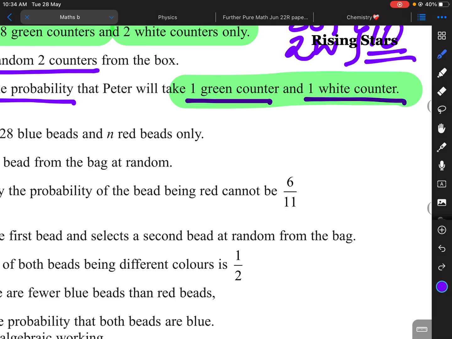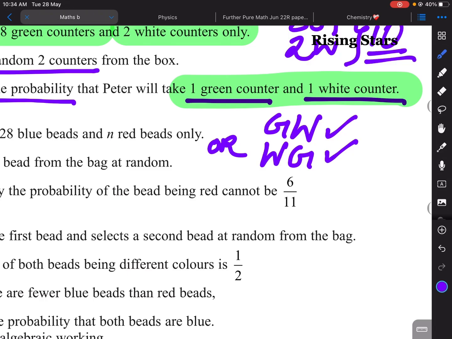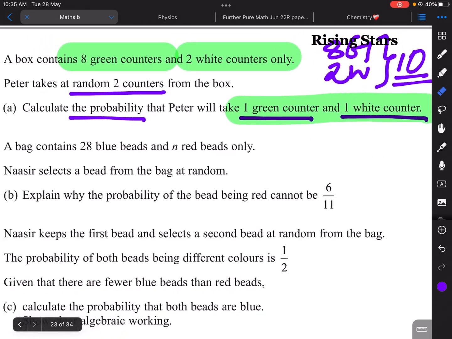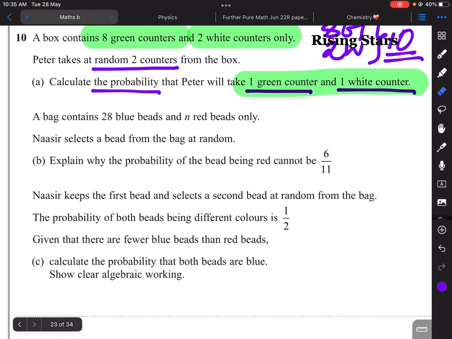No, it does not. কারণ Peter green ফার্স্টে green and then পরে white-ও পিক করতে পারে, or সে কিন্তু white and then green-ও পিক করতে পারে. So as long as he has 1 green and 1 white, he is good to go. What I'm trying to mean is that the order does not matter here. আগে গ্রিন পরে হোয়াইটও হতে পারে, or উল্টোটাও হতে পারে, আগে হোয়াইট পরে গ্রিন।